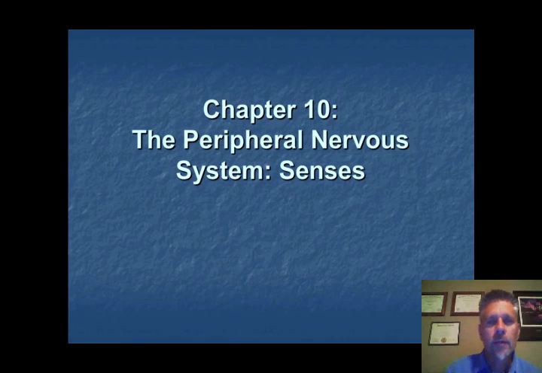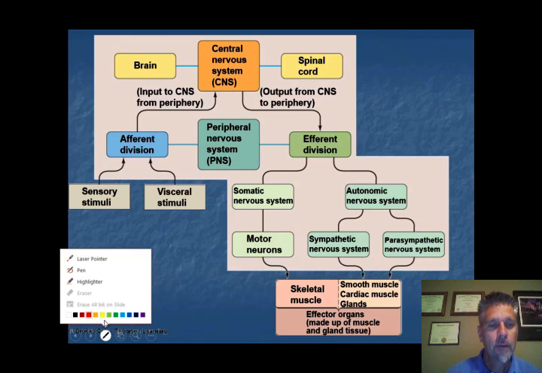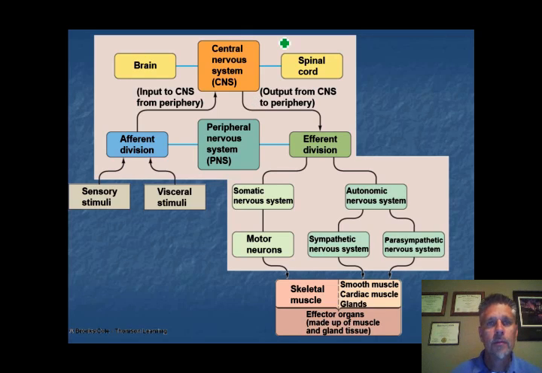Okay, so these are our highlights for our special senses, which is certainly a branch of our nervous system. We've been learning about the nervous system already when we were talking about the organization of it. Remember that with our nervous system, we've got our central and peripheral nervous system, right? So we have the central nervous system, which is going to be our main processing center, made up of the brain